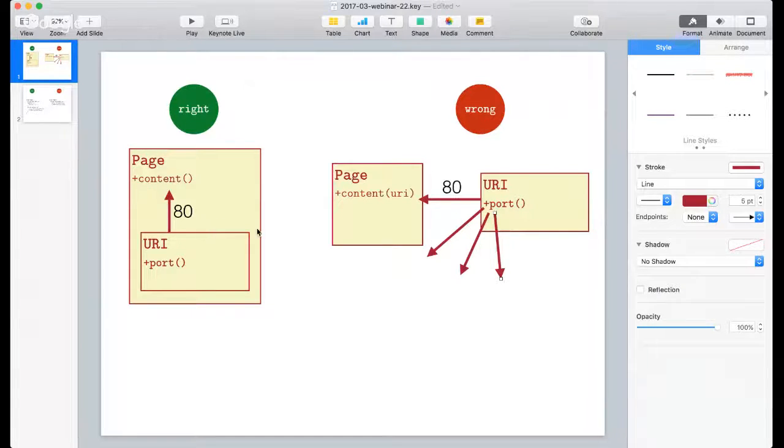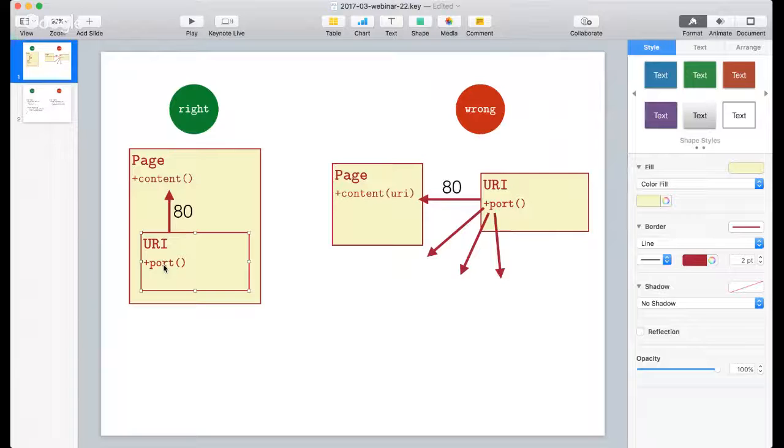In this case, in order to use the URI and use that port method to extract some data, because you can use a URI without extracting the data. That's also possible. For example, you get the URI and then you just want to print it and show it to the user, like, hey, this is my URI. In this case, you don't extract anything. This is the perfect object-oriented way of using this object.